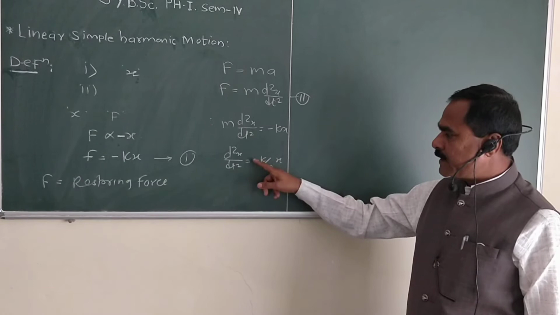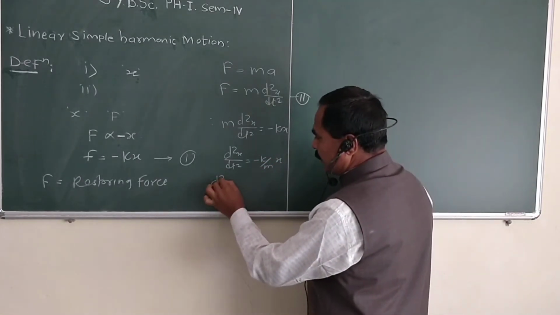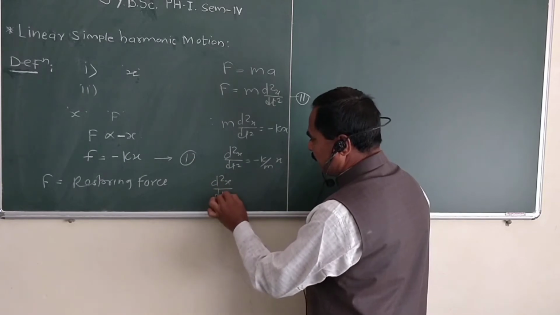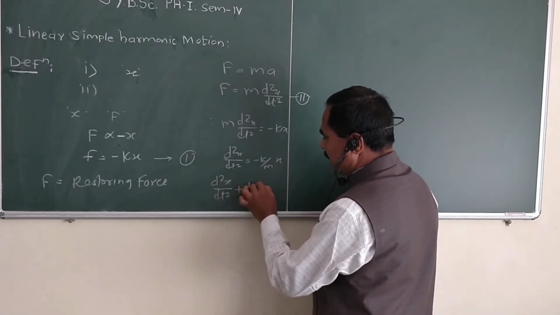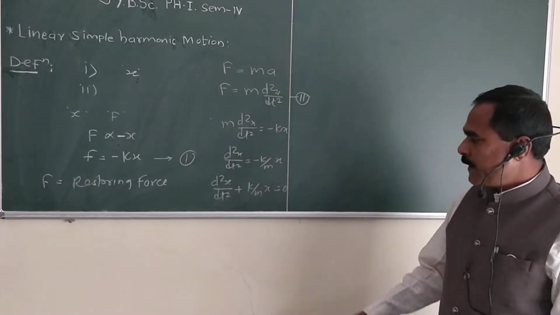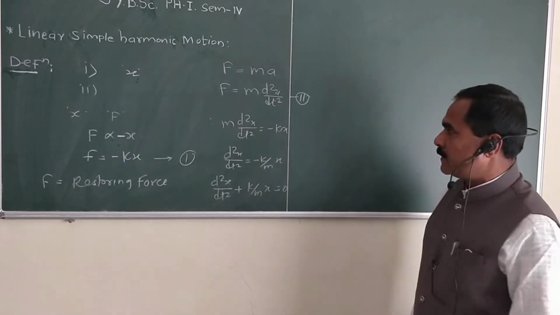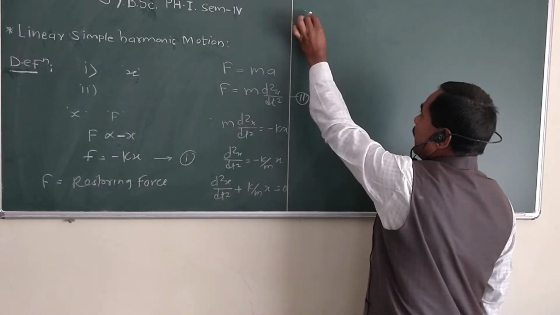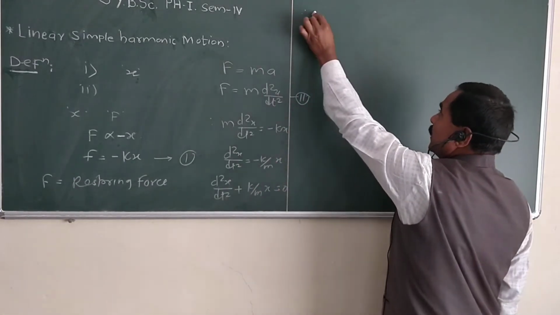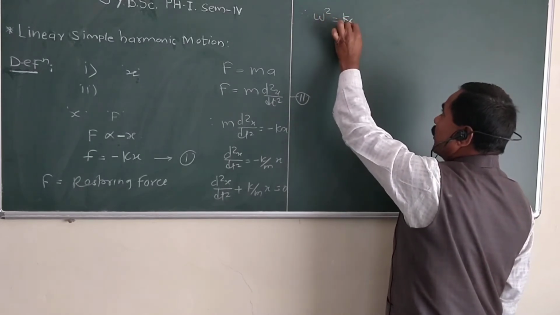Then we take this term to the left side, and we write d2x by dt square plus k upon m into x equal to 0. Now here we substitute k upon m as omega square. Therefore, we write here omega square equal to k upon m,